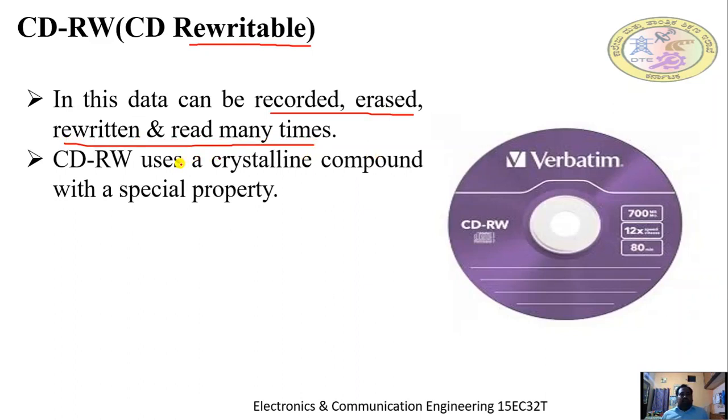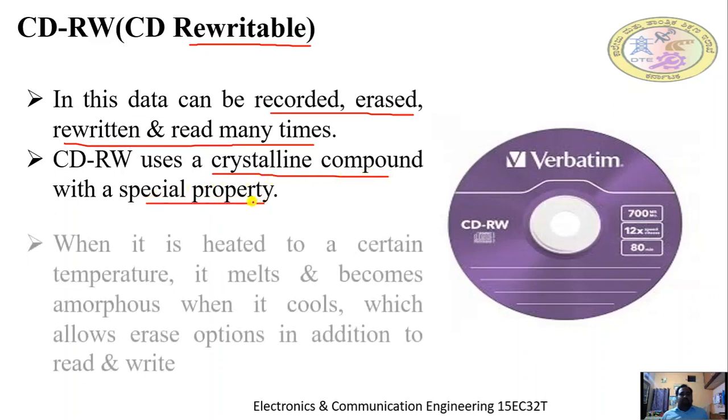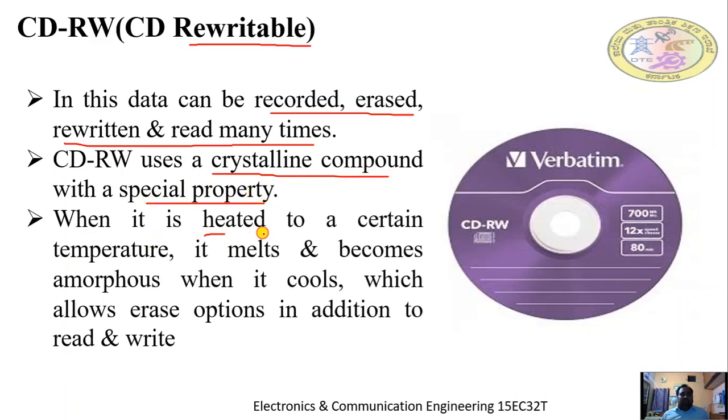So how is the erasing done? Basically the type of construction, the type of material used here is somewhat different. We use a crystalline compound. This crystalline compound has a special property. What is the special property? Whenever it is heated at a certain temperature, it melts and becomes amorphous. Whenever it becomes amorphous and is cooled down, whatever pits and lands were formed there,